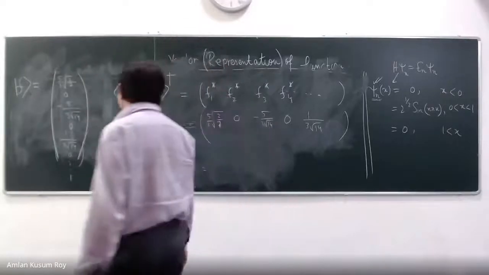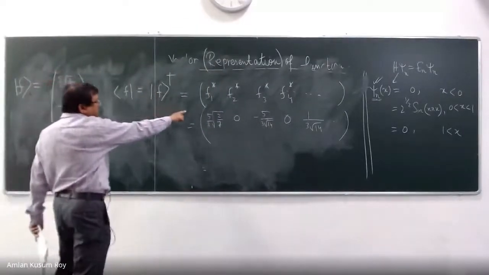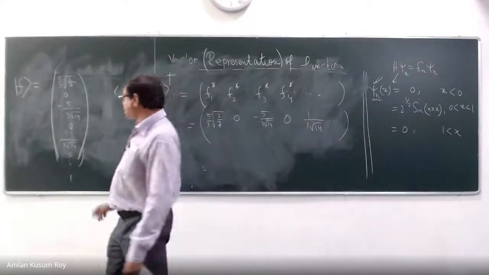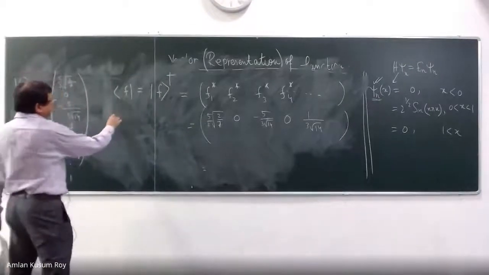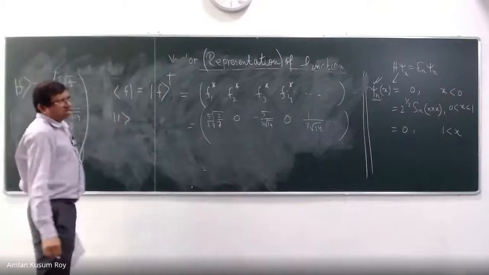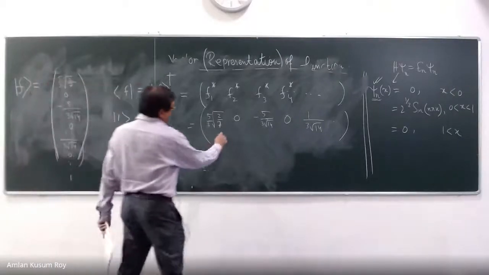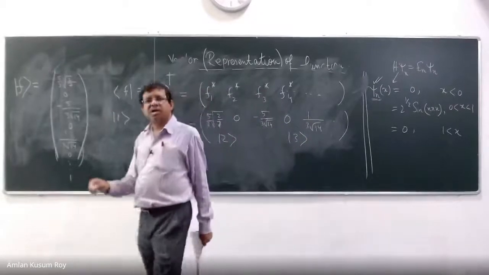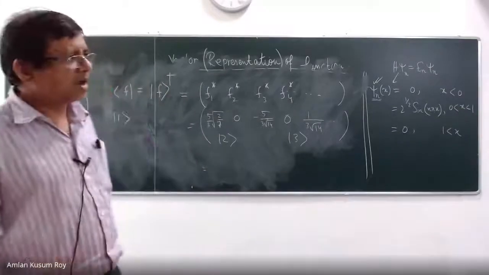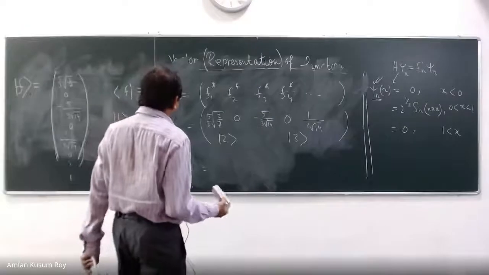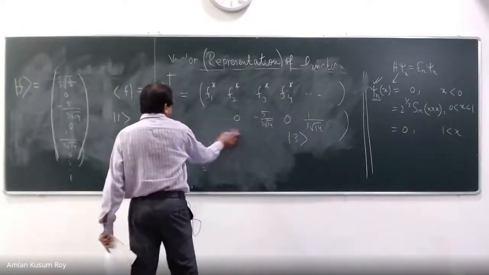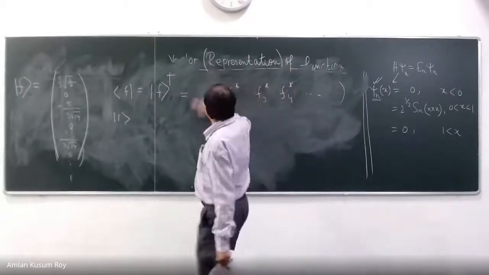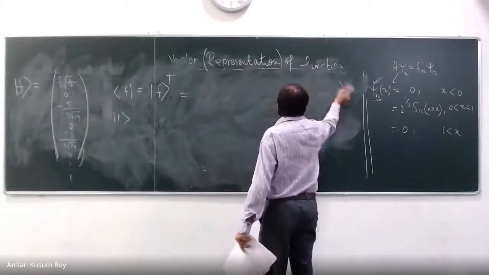So can you tell me what is the representation? Every ket in this vector representation of functions is a column vector, right? So what is the representation of the basis kets? Because they are also kets. It may be a basis ket, but it is a ket. Who can answer? What is the representation of the basis kets? If you can answer, then you have understood.